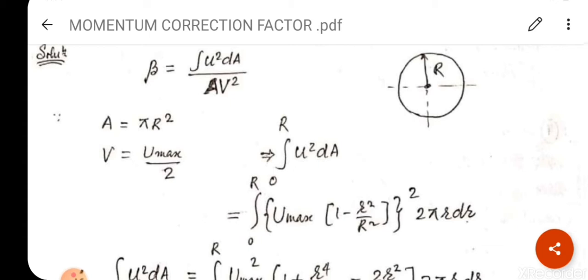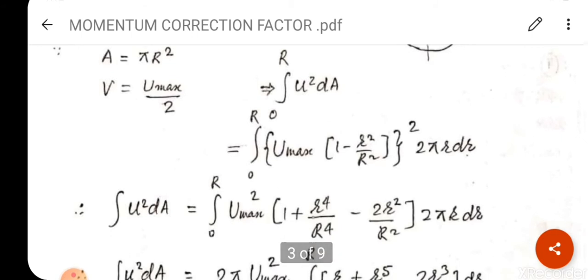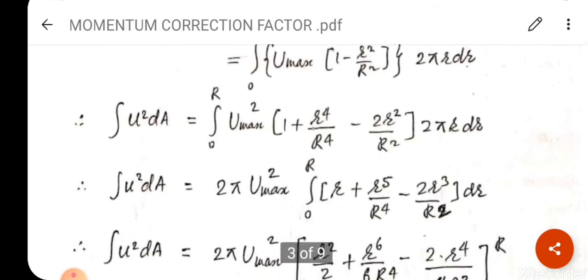So putting the value of u in this equation, that is u max in rectangular bracket 1 minus r square upon capital R square, bracket close, and total curly bracket whole square into 2 pi r dr. dA is nothing but 2 pi r dr. u का वैल्यू क्या है, u max इंटू 1 माइनस आर स्क्वायर अपॉन कैपिटल आर स्क्वायर का होल स्क्वायर. ये कहाँ से आया, this is another relation, I will explain in next videos.